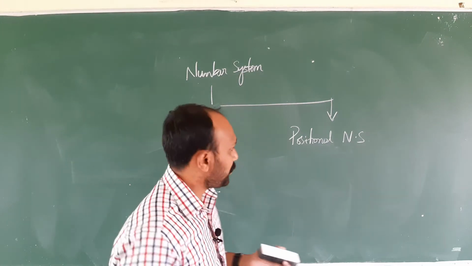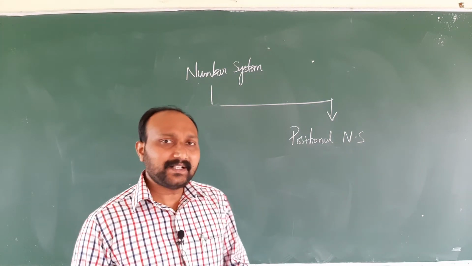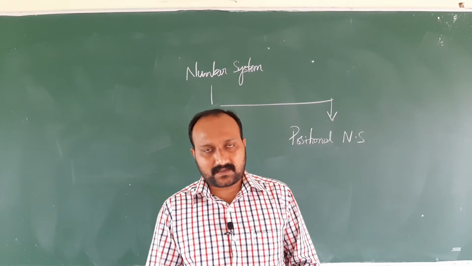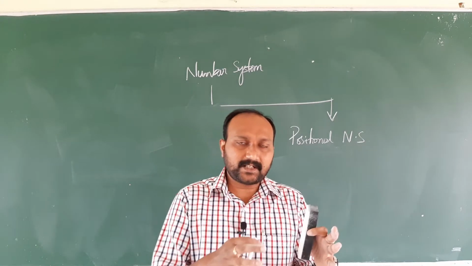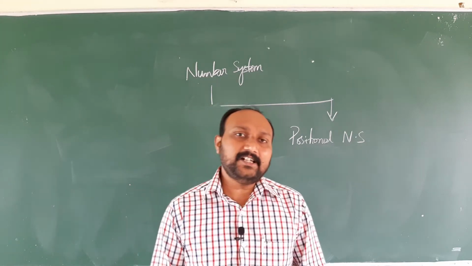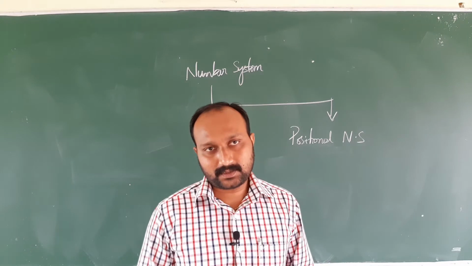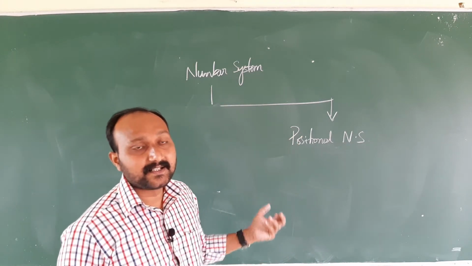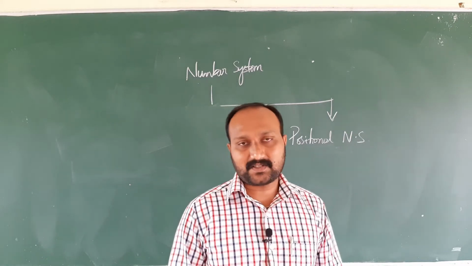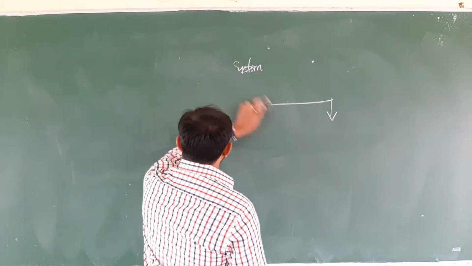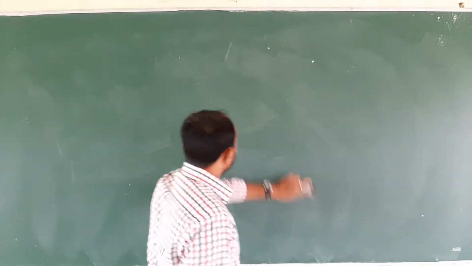Usually a number is made out of digits. If we change the places of a particular digit in a number, then obviously the entire value of the number will change. That's why these types of number systems are referred to as positional number systems. Let me consider an example for a positional number system.